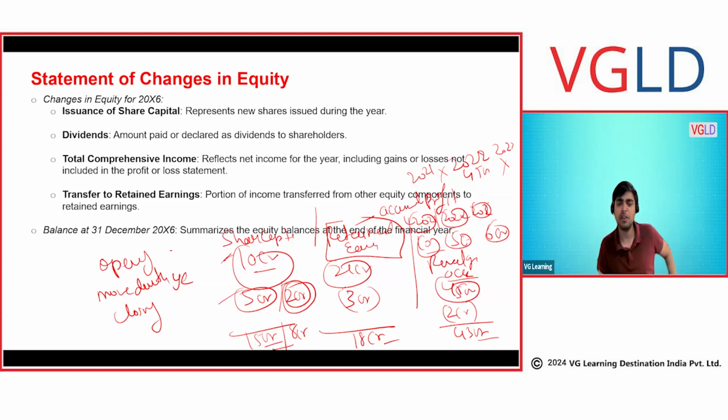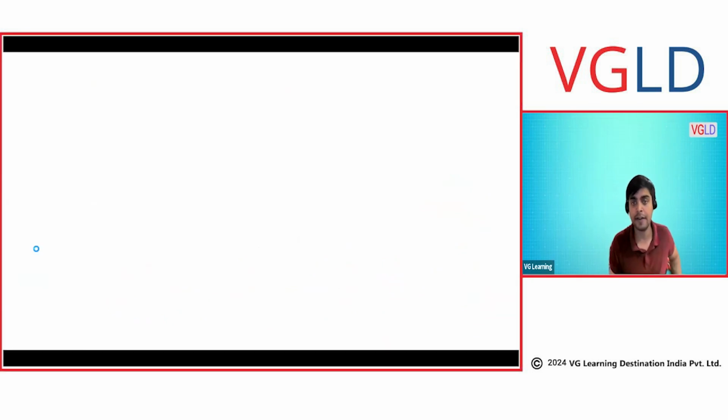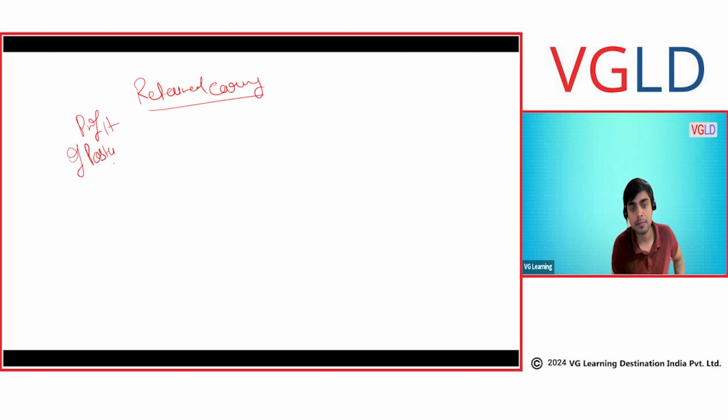Everyone? Ankit, what is saving? Understand, just understand this thing. Retained earning is nothing. Just to clarify again, retained earning, yeah, I knew this question would come. Retained earning is nothing but your profit of past years.